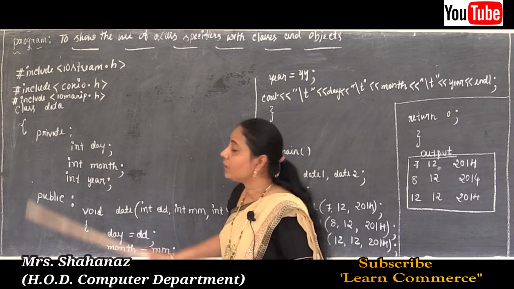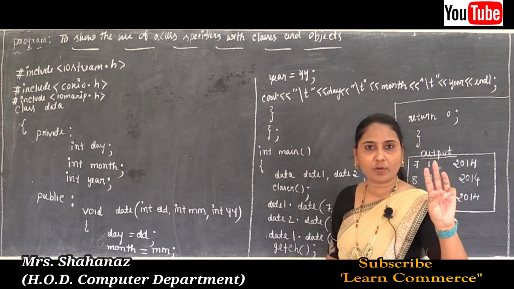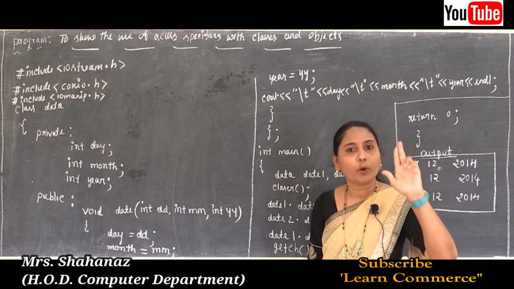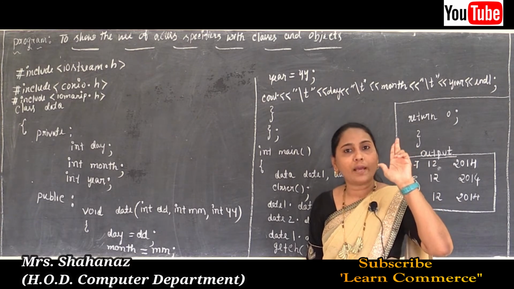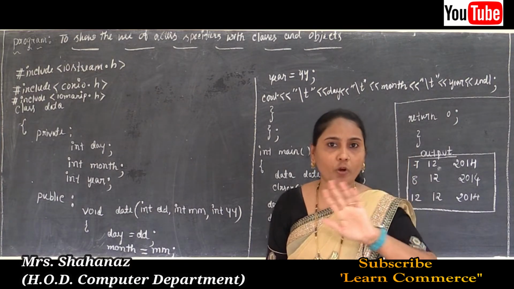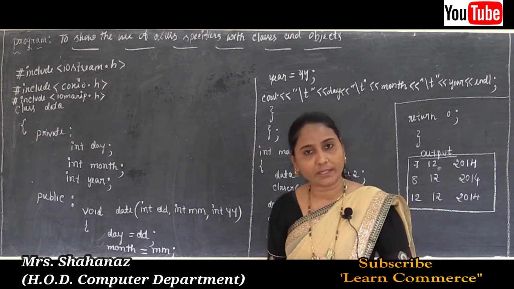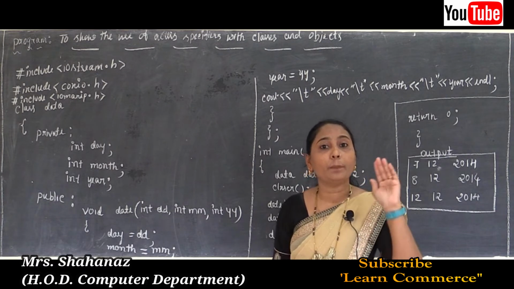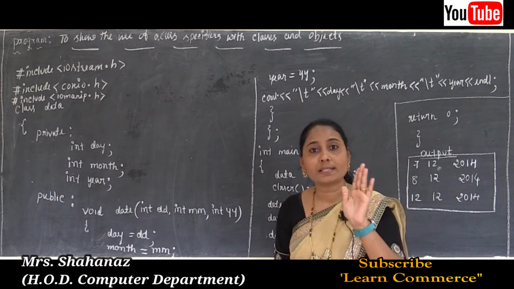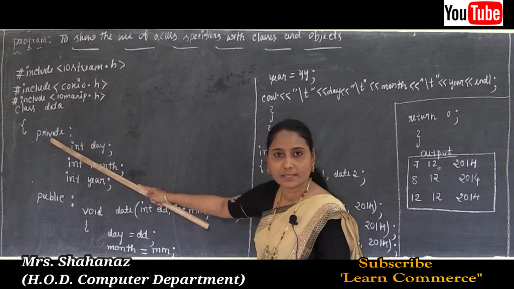And later private, why? Because we know there are 3 access specifiers. One is private, the second one is public, and the third one is protected. But in every program we are going to use the access specifiers private and public. We are not using protected. Why? Because we know the meaning of private and protected. Protected is similar to private. The members cannot be accessed from outside, both are similar. So the first access specifier is private.